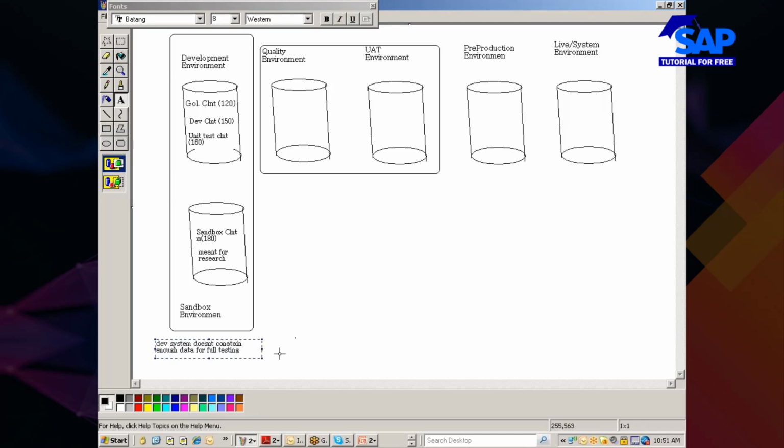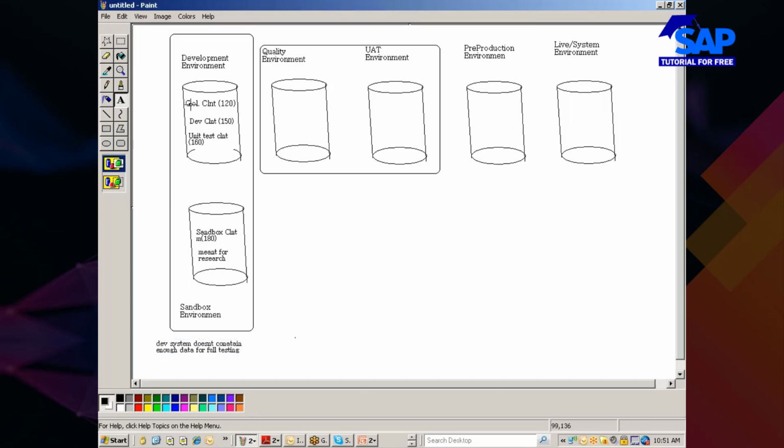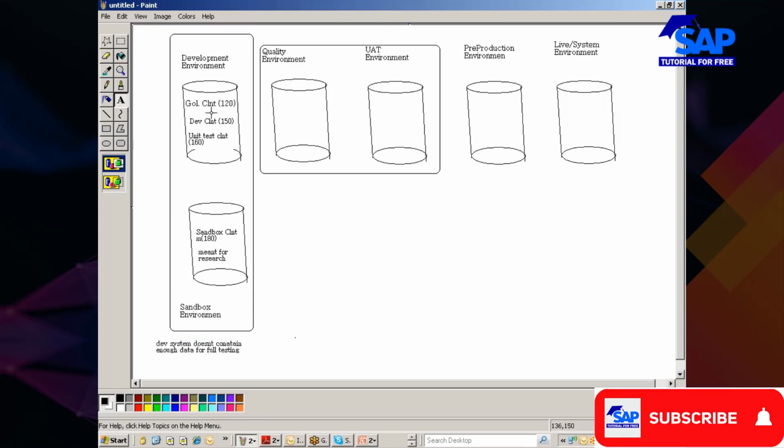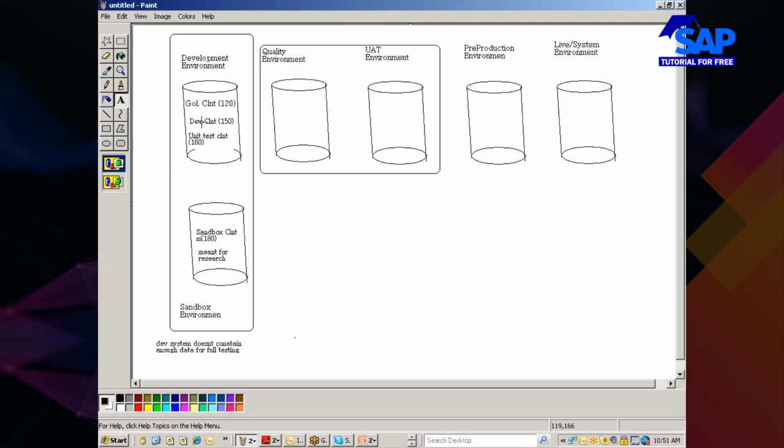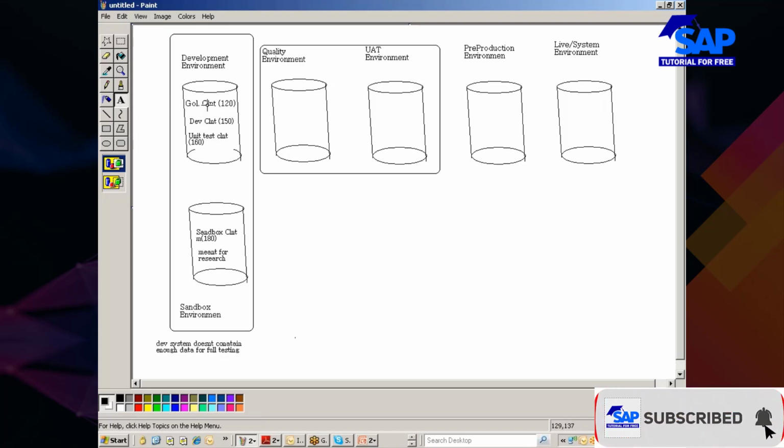There's one more point to be noted here. Your golden client contains absolutely no data. Your development client contains a limited amount of data. Unit test client contains a few more records than the development client. So here in the golden client you will be doing all the configurations which are absolutely error free.